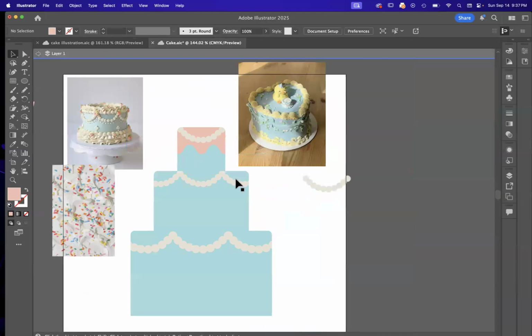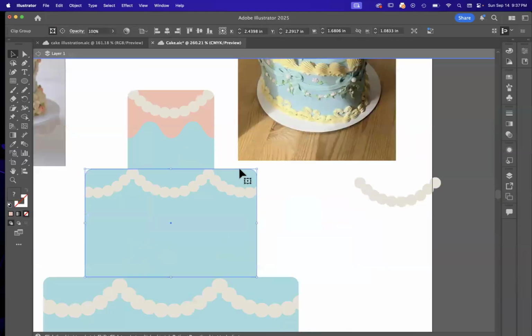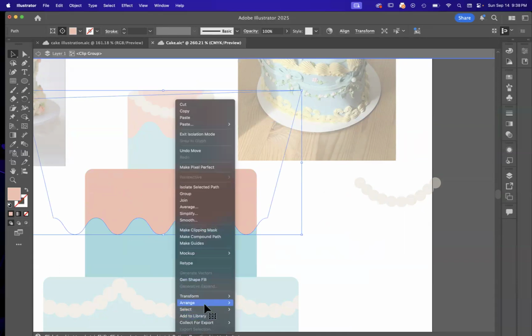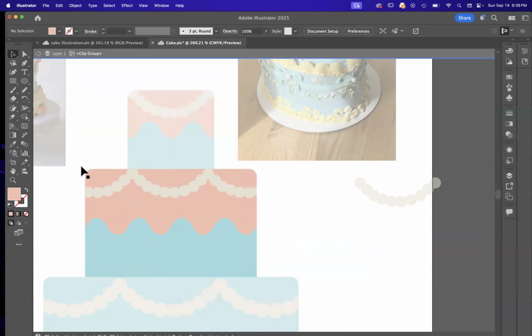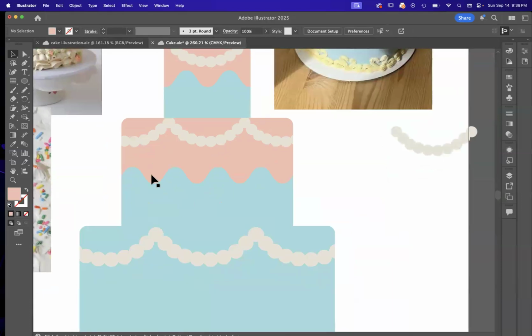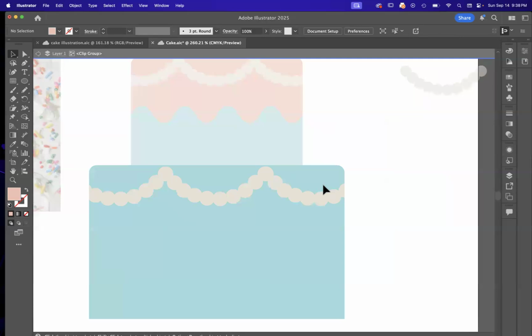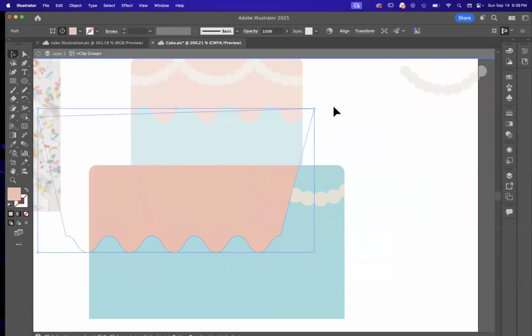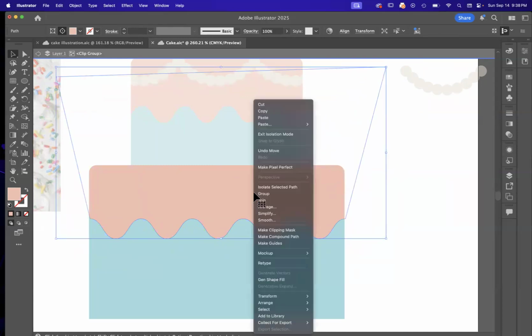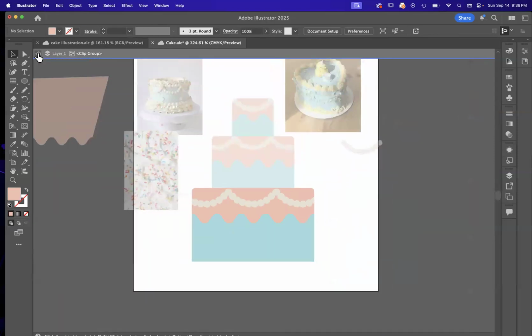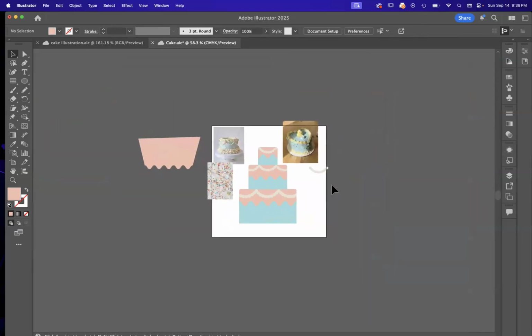Okay, I'll go back, click on the next tier, double click, Control V to paste my frosting line, right click, Arrange, Send to Back to put it behind the little decor I have on the top. And I'll do the same for this last one. Double click to get in there, Control V to paste. I might have to scale this up a little bit. Ooh, there we go. Right click, Arrange, Send to Back. There we go. All right, I might fiddle with colors, but